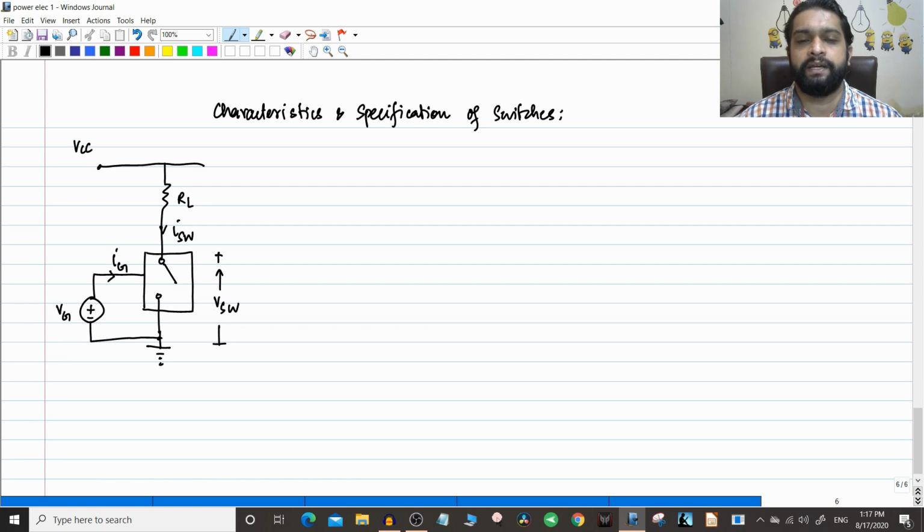So if you remember, in an ideal transformer, you know that the resistance of the winding is 0, and the excitation current which is required to produce the flux is 0, tending to 0. And also the transformer core will not saturate, as well as there will be no hysteresis loss. So these are the characteristics of the ideal transformer.